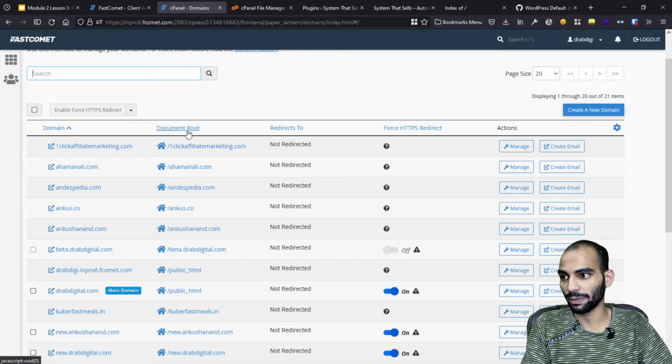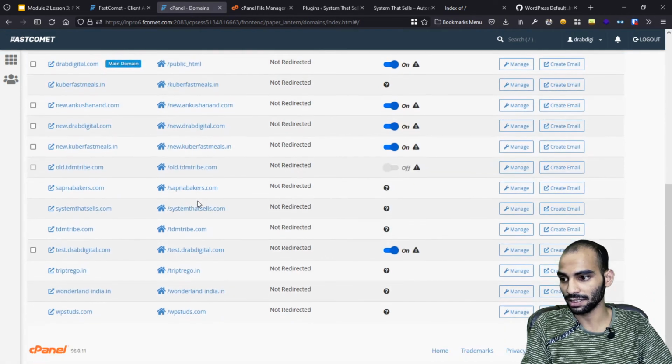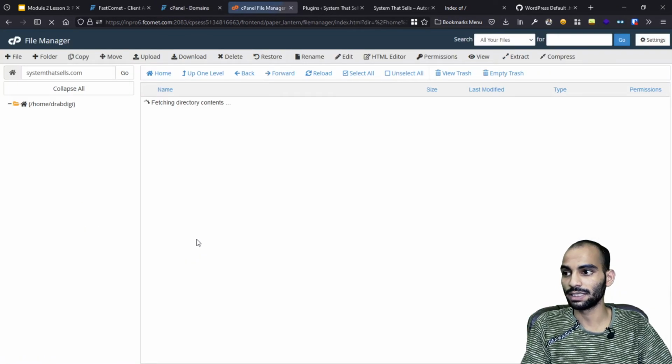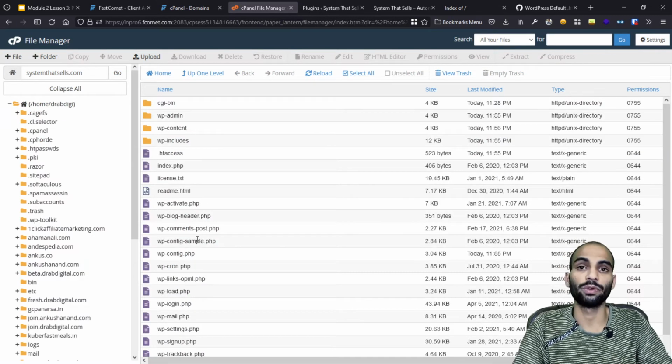Click on the document root option beside your domain name. I have a lot of domains here. If I want to go to this domain's root folder, I will just click here, and it will redirect me directly to the root folder of my domain name. So this is the root folder.